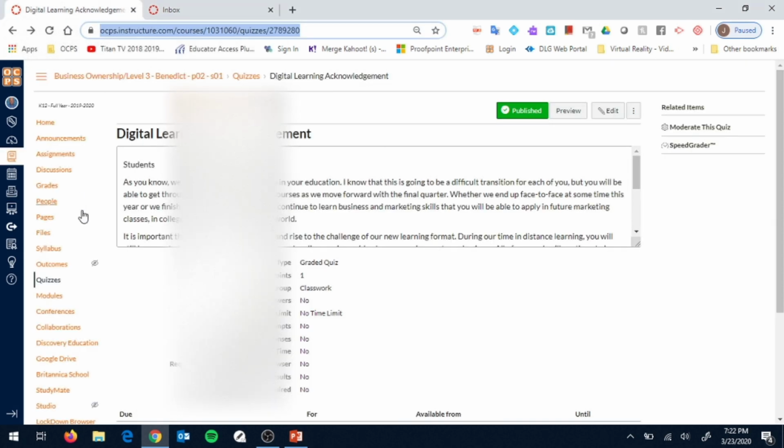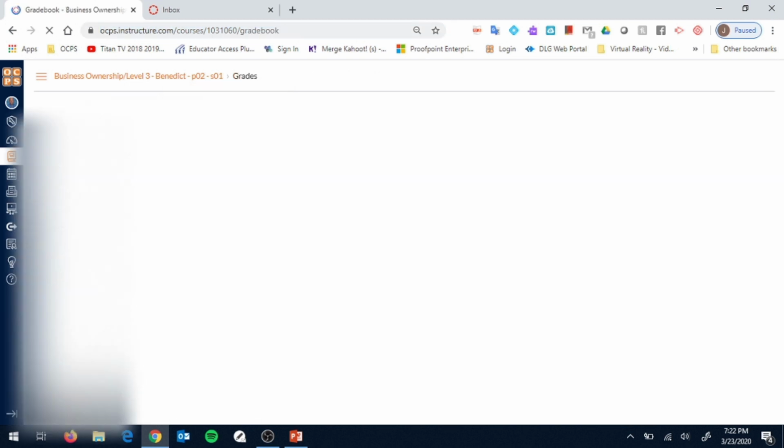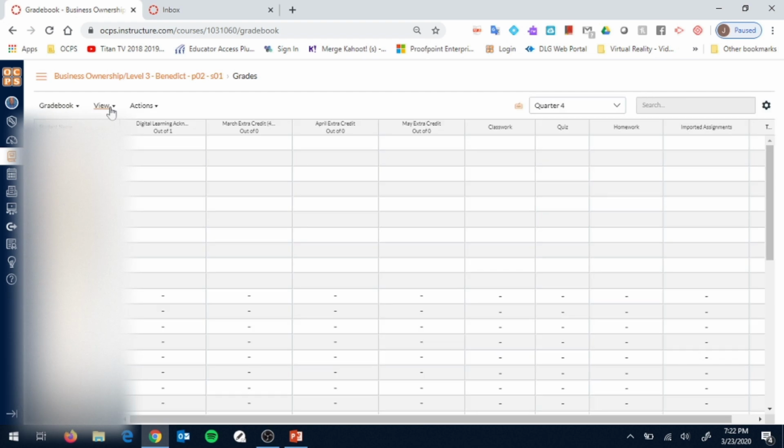As students start to take our quiz, we will be able to click on Grades, and I filter my grades by grading period, and then over here on the right I select quarter 4 so that I only see the assignments that I have currently posted. So here is our initial quiz, Digital Learning Acknowledgement, and right now you can see that there are no scores in this quiz, and there shouldn't be because I have not yet sent this out to students. Once the scores start to come in